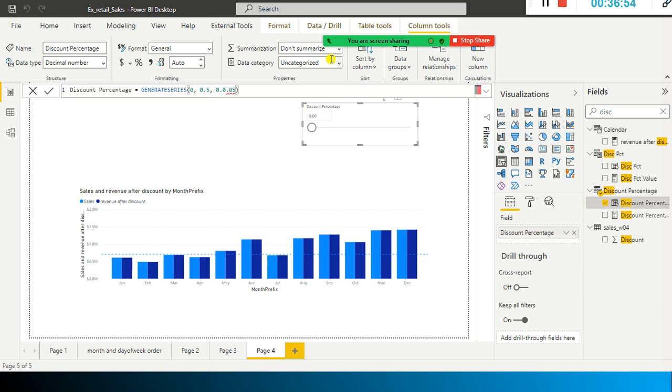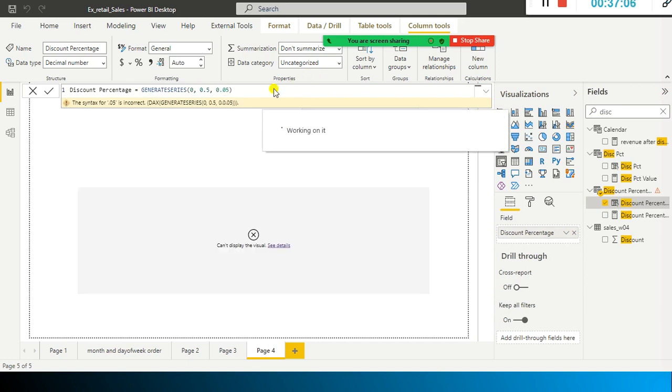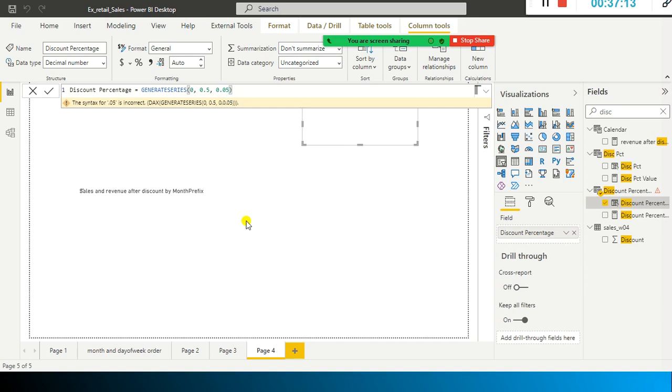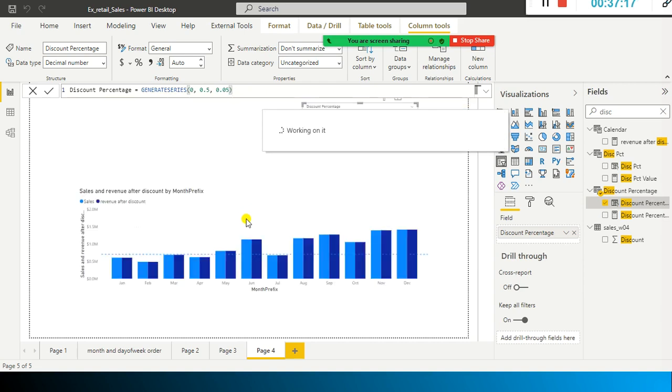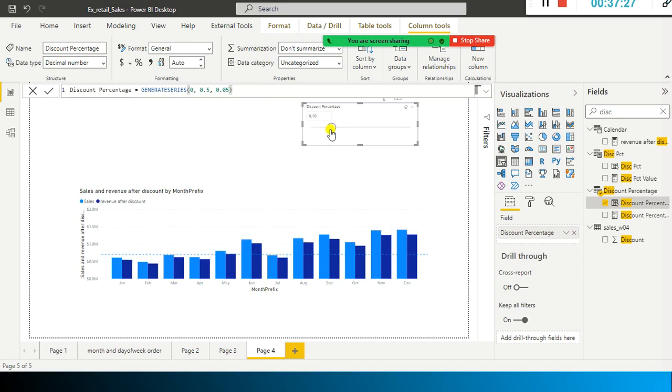I think it is only taking 0.5% into account. Sorry, here I made a mistake. If I do 0.05, it is going down.